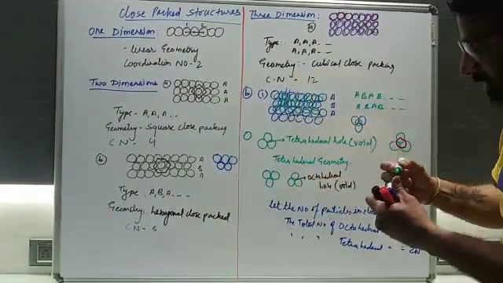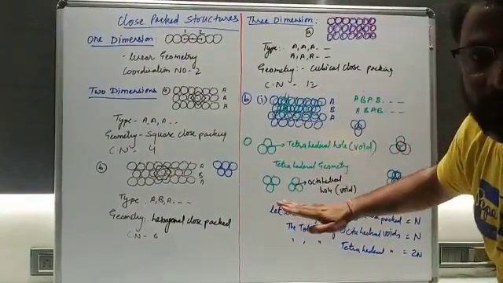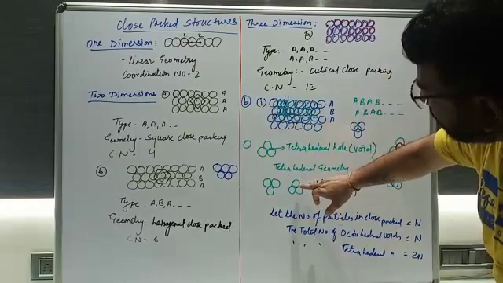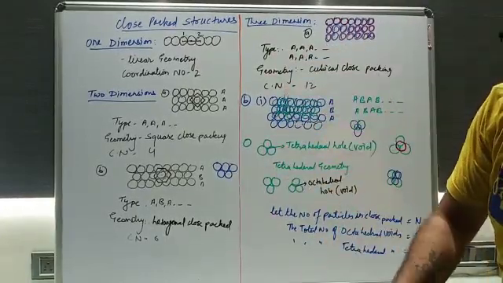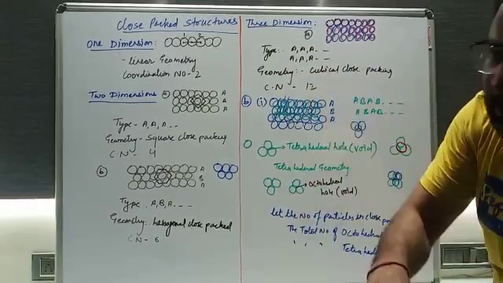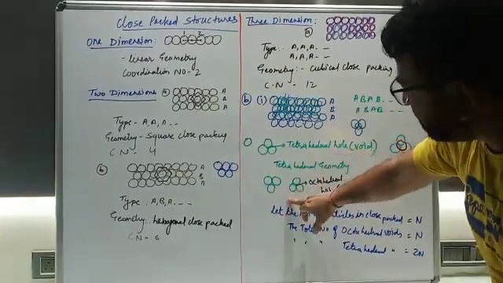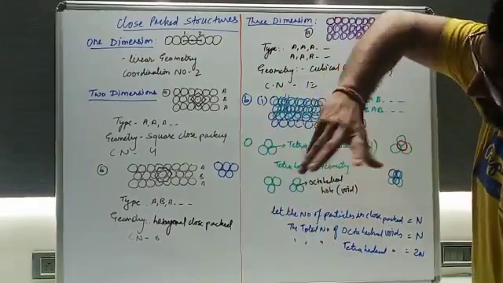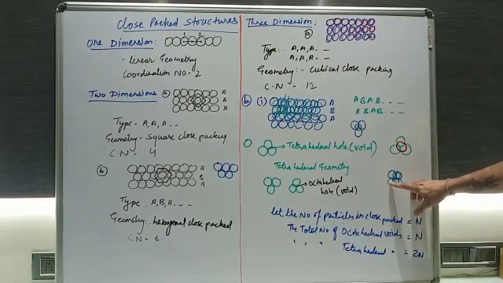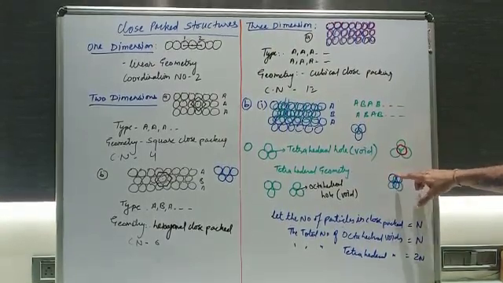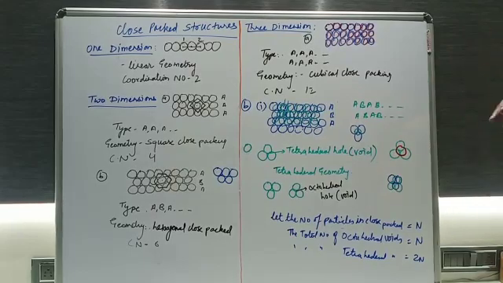So here you will see 1, 2, 3 in the bottom layer. Okay, and when you rotate these 3, then you can see 1, 2, 3 on the 3 particles are coming, on the 3 particles, another 3 particles. In the earlier case, on the 3 particles, 1 particle was coming, but in this case, after just rotation, 3 particles are coming. So this kind of arrangement will be seen: 1, 2, 3 green color and 1, 2, 3 blue color. Okay, so these 2 layers are coming on each other.